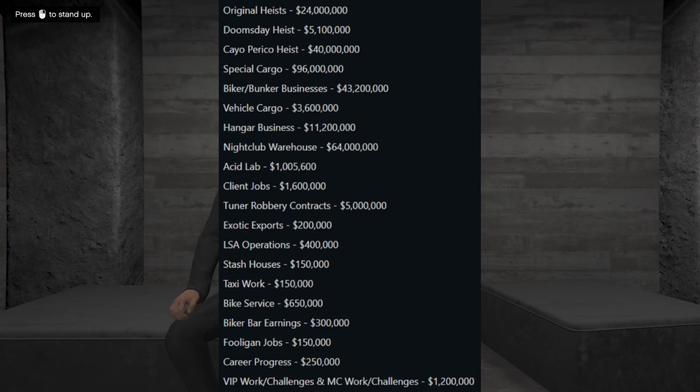Buy our shark cards, and we're not going to fix it because that's our intention. Biker bunker businesses, the general basic MC-ish businesses, is limited to $43.2 million. Vehicle cargo is limited to $3.6 million. That's from your CEO assistant as well. Hangar business, we all know what hangar is. Nightclub warehouse, $64 million. Acid lab, as we've just heard recently,